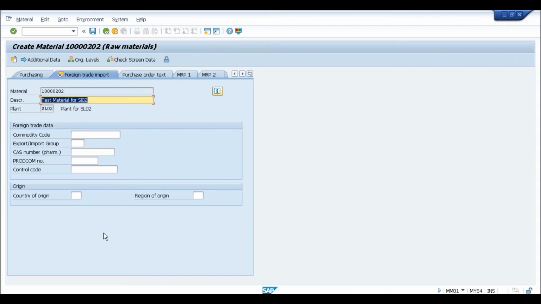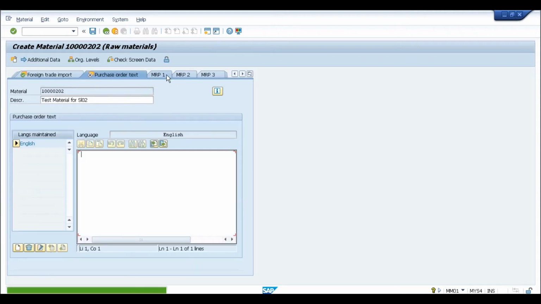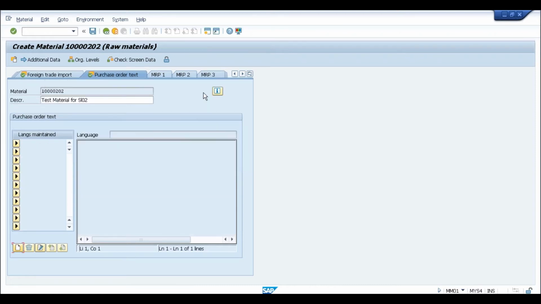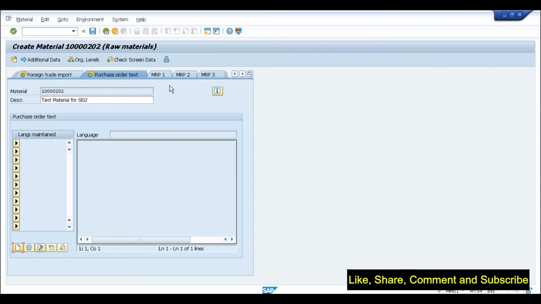Okay, so this is the first thing that you can understand, that the field level changes are there. Apart from that, if you go to purchasing and other tabs, you will not find much of a difference. There are obviously some differences in the MRP views, all MRP views, MRP1, MRP2, MRP3, and MRP4. All 4 MRP views, there are some changes, okay? But it will be more helpful when you understand what has been changed in MRP first, rather than directly going into identifying why exactly these fields are deleted. It will make more sense when you understand how MRP has been changed.